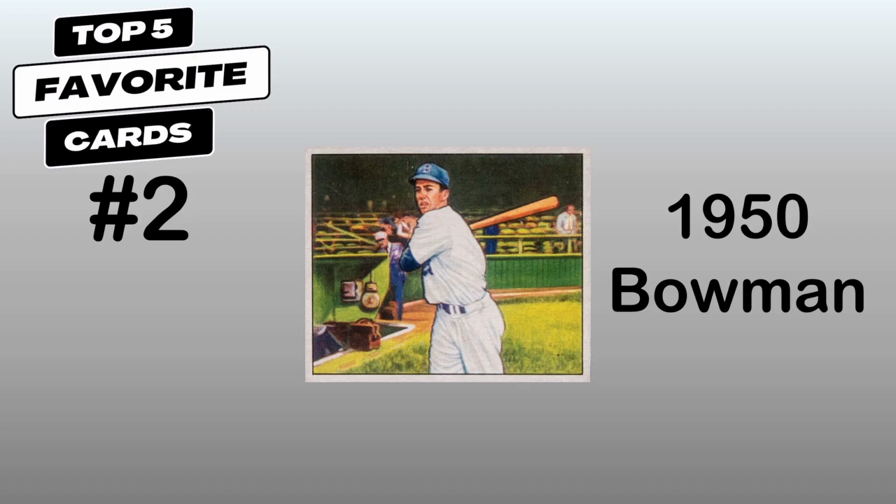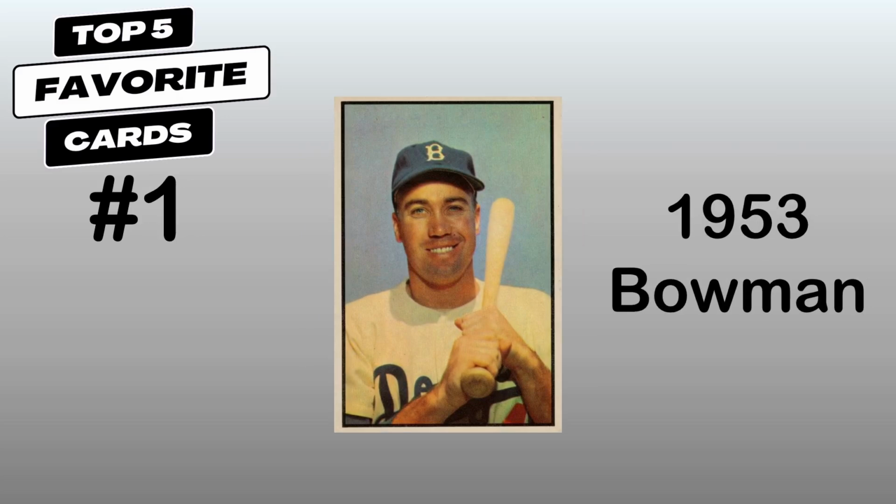They're just small little mini works of art, and I just love that card of his. And at number 1, my favorite Duke Snider card, I went with this 53 Bowman color card. Just the smile on his face there, again, bat on the shoulder. It's a standard portrait image, but you gotta love the